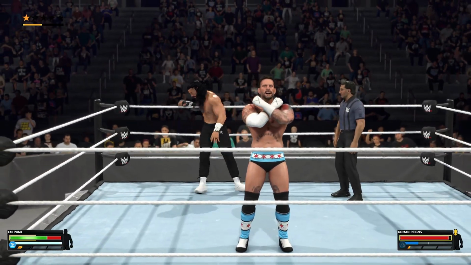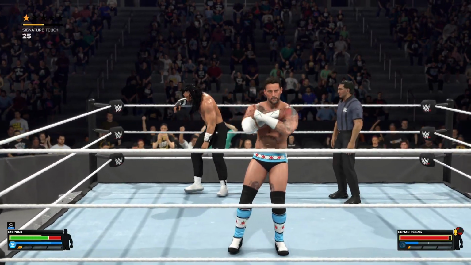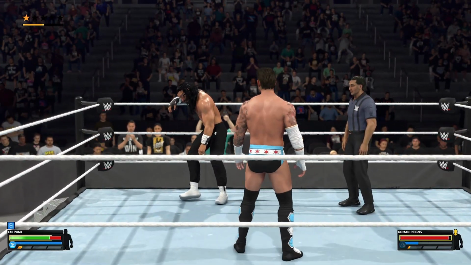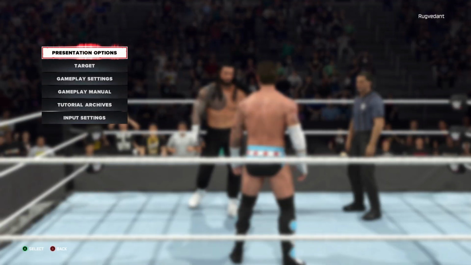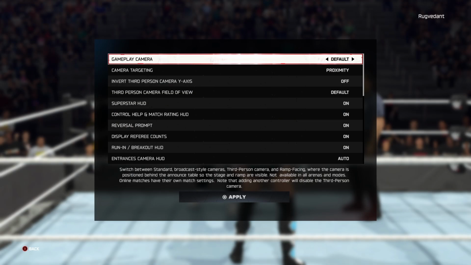Hey guys, in this video I'm gonna show you how you can change camera angle in WWE 2K26. It's pretty easy. Just pause the game, go to the options, select the first one, presentation options, and right here